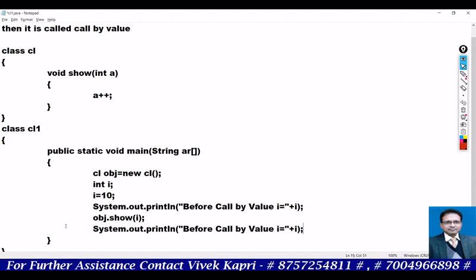And after call by value, this is call by value because we are sending the value, and the function is being called by using the value, so it will be "after call by value, I equal to" I. So we are going to print and then see the changes.